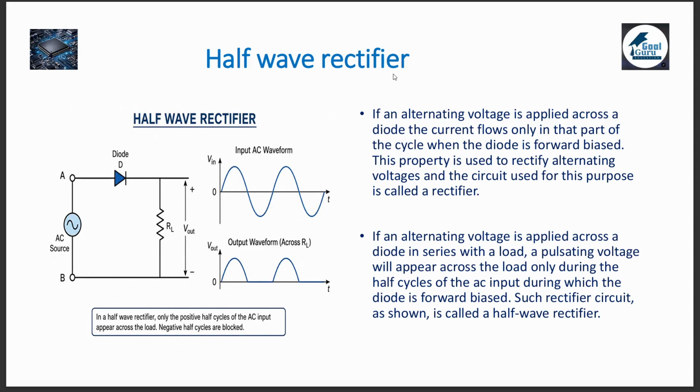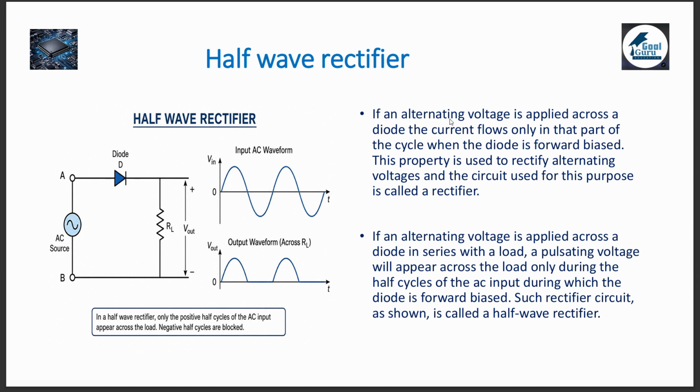What is meant by half-wave rectifier? Here in the circuit, you can see that there is a single diode and to that an AC source is given. In the previous session we had seen DC, that means source from the battery. Here we have shown an AC source which is given to the diode and there is a resistive load. This is the waveform for input AC waveform. Now this waveform is given to the input, that means at the anode of the diode.